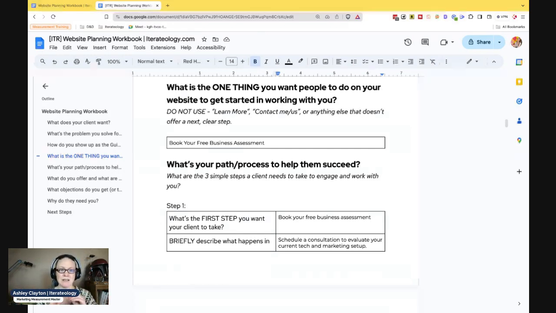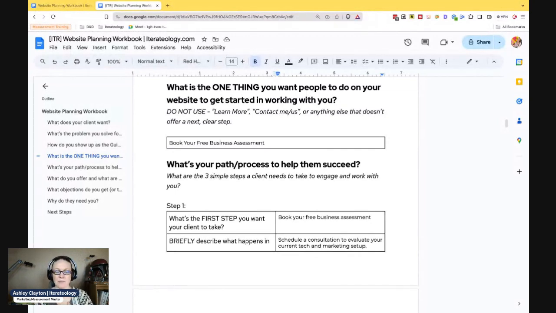Whatever it is, it needs to be very clear and concise. Like "learn more" or "contact me or us" if you're... Those are vague and don't really set up the expectation. Something I'll get into probably in a later training is what I call the expectation engine. It really is at the core of how you can get your website to be that lead generation